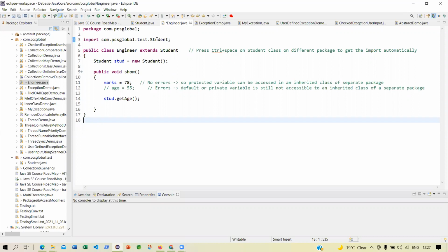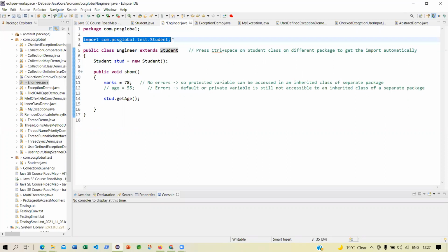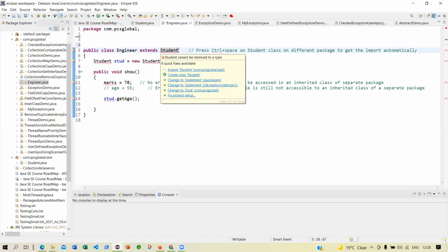So what I'm saying is, you have mentioned the package of Engineer. Engineer lies in com.pcs.global, and it will extend Student. If I do not mention this at all, I will get an error, because the compiler cannot find Student from anywhere.